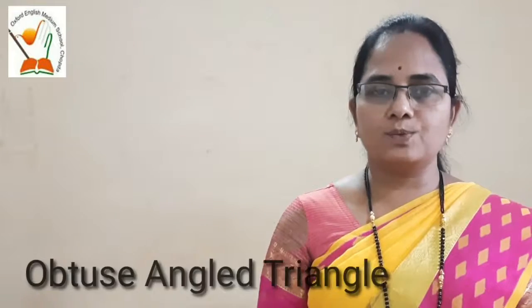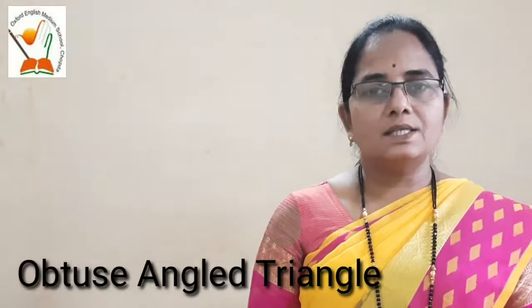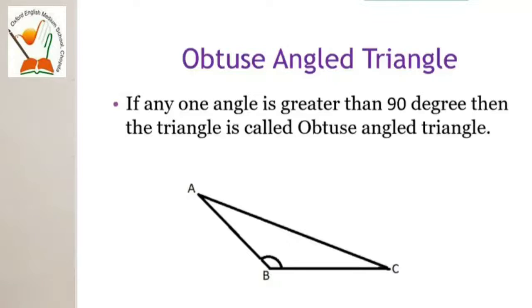Now our third type is the obtuse angle triangle. In this triangle, one of the angles must be greater than 90 degrees. That means it must have a measure of more than 90 degrees, and that angle, we know, is called an obtuse angle. A triangle having only one angle greater than 90 degrees, that means it has an obtuse angle, is called an obtuse angle triangle. So today we learned about types of triangles, naming a triangle based on sides and naming a triangle based on angles. Now we will collect some information about polygons.